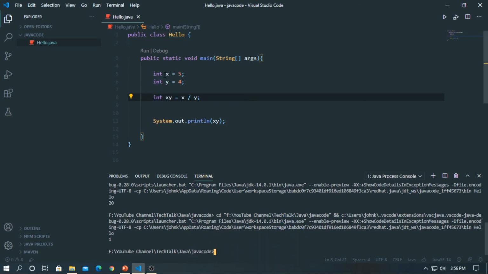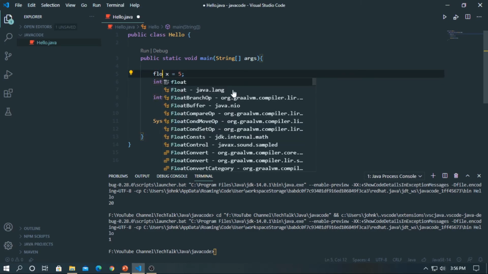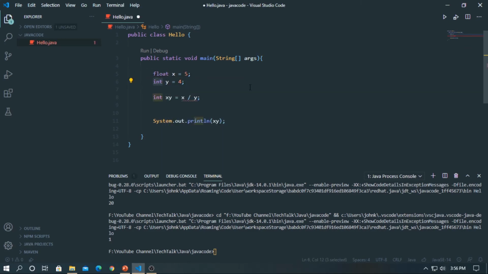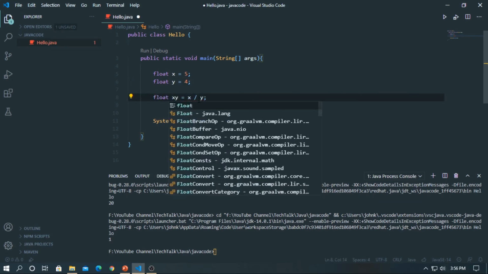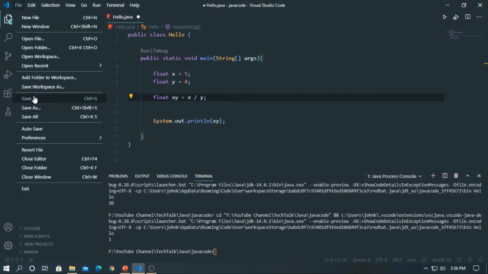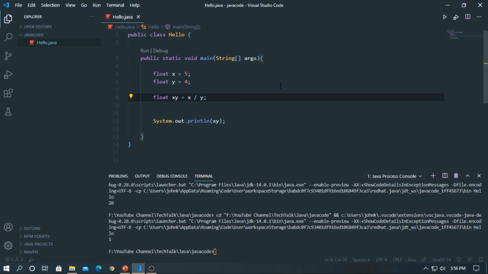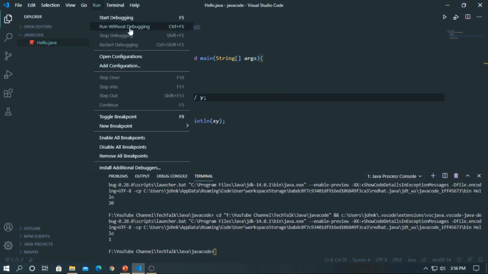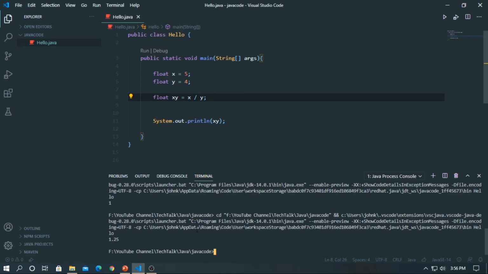So we have to change all of these data types to float if we want to return a floating point number. As the result should be a floating point number, let's change the data type to float, and this also float. Now it should print the result correctly. Yes, it's printing 1.25, which is the actual result.